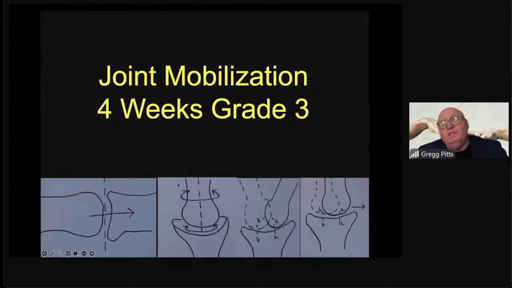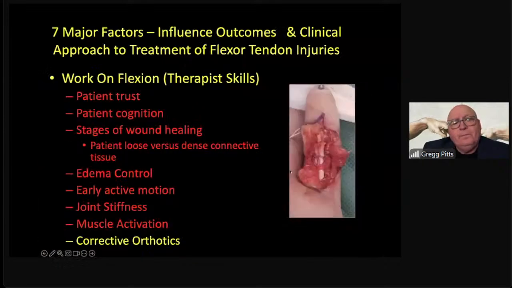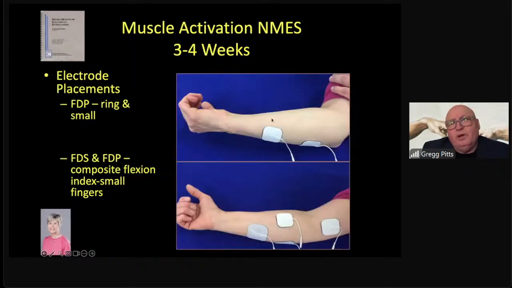We do joint mobilization. We start joint mobilization actually at week 1 with grade 1, 2 joint mobs, and at week 4 we're doing grade 3 joint mobs at end range. We also do serial casting at 6 weeks and also tube orthotics at 6 to 8 weeks. Muscle activation: we use muscle stim as early as 3 weeks at a very low level to facilitate tendon glide, and also to work